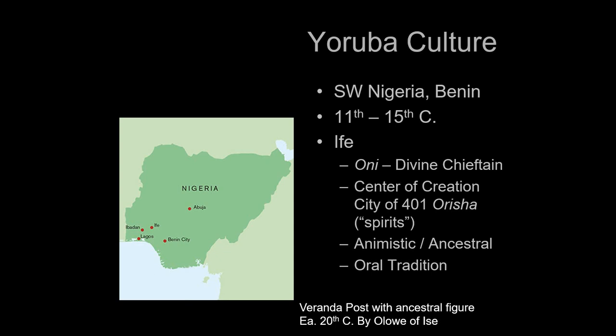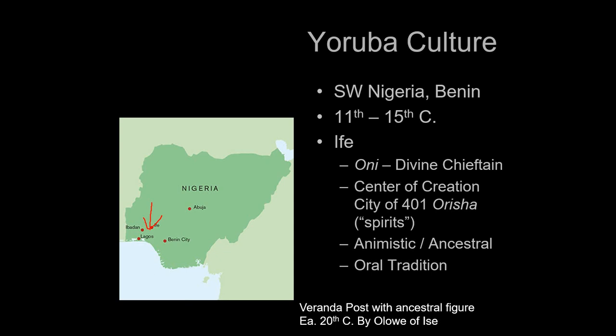Ife is located right here. And Ife, according to Yoruba culture, is the center of the universe. They have a pantheon of gods. The chief god, Olodumare, is the supreme god, and he orders one of his sons, Obatala, to create the earth. But he gets drunk on the way. He finds some palm wine and slacks off.